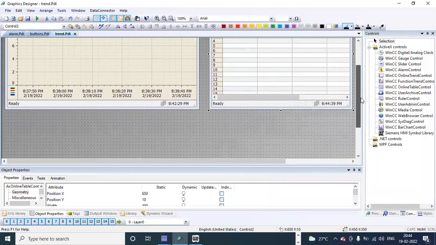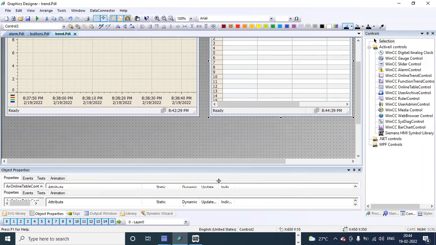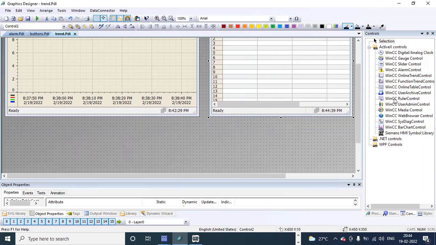Now there's one more option we're having here, that is called NCC ruler control. Okay, this is a line. Okay, a scale. If you are moving that scale on your trend view, means the graph, which we are getting graph lines, you get the value whenever it is intersecting with those lines.